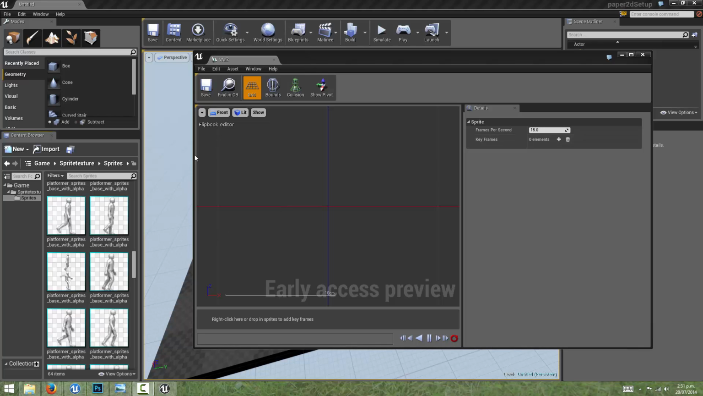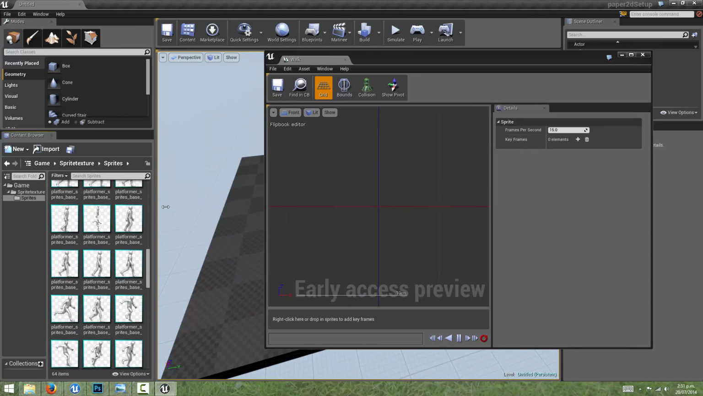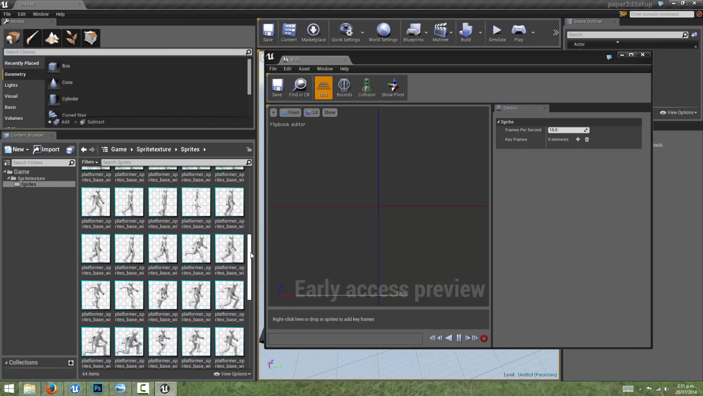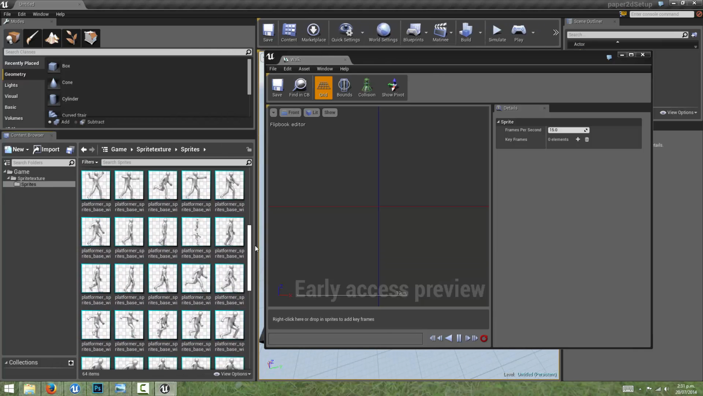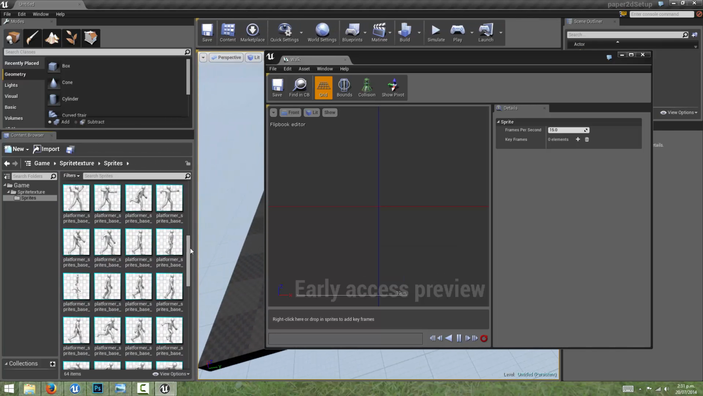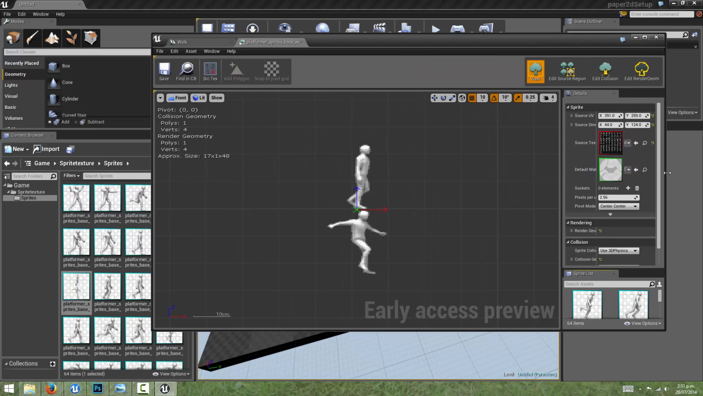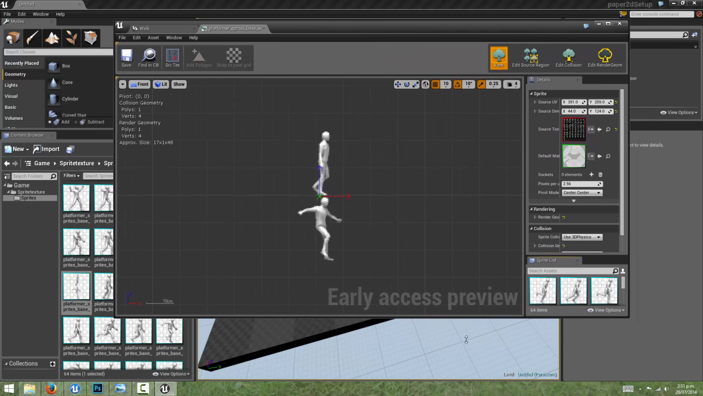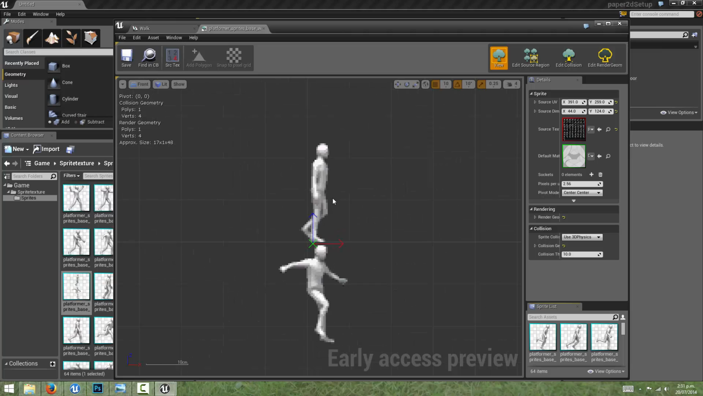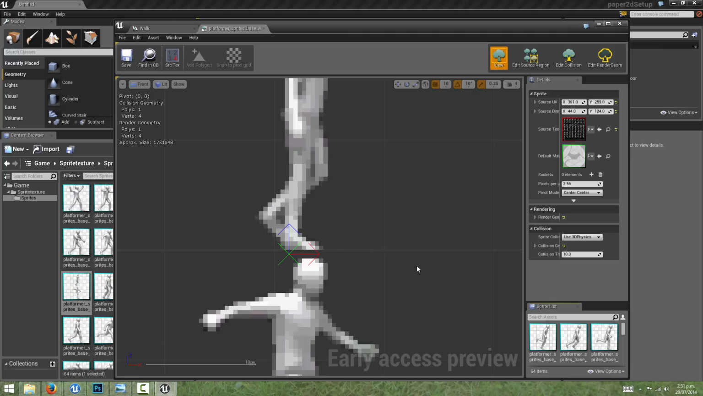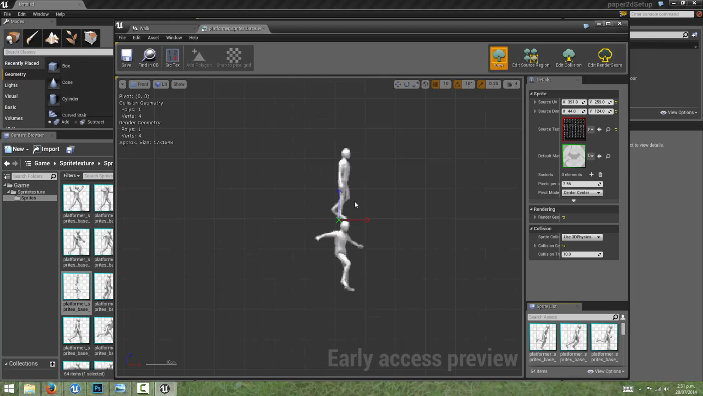So let's rearrange some of these windows so it's a bit easier to see. So I can already see that one of the sprites has been brought in a bit of a mess. So if I double click this, it's going to open it up in the sprite editor. And we can see that it's tried to collapse two sprites into one, where it hasn't been able to detect the gap between them. So what we can do is we can come up to this tab over here and